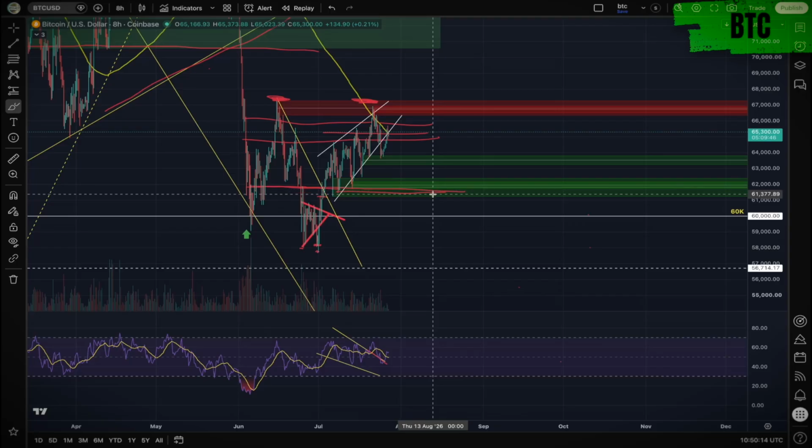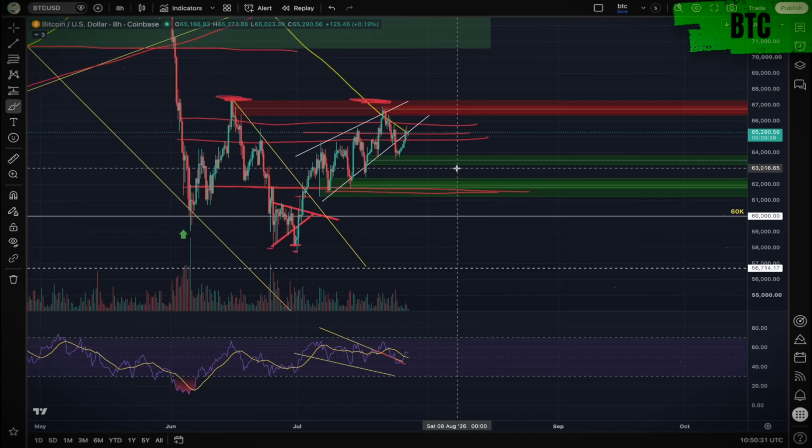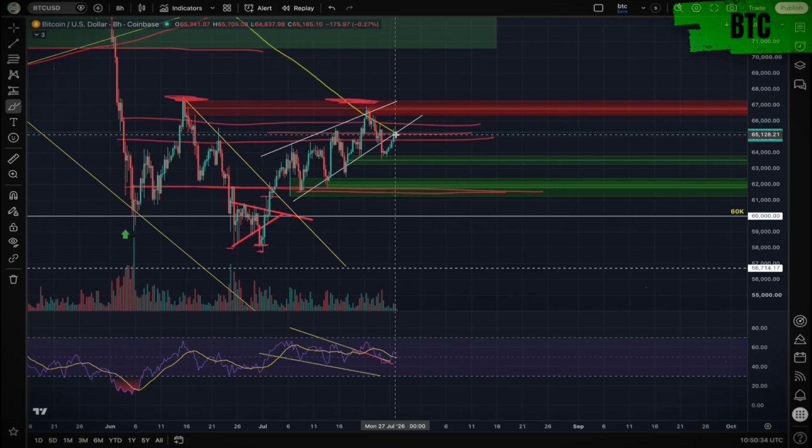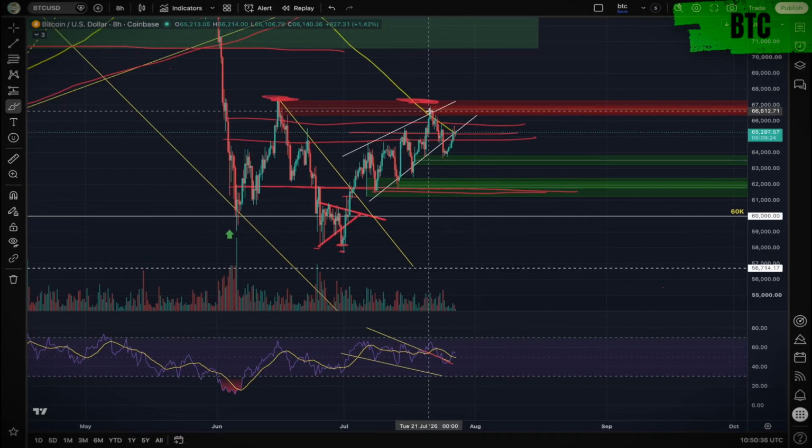And if you are looking for a long to trade this range, you need to have smaller positions, and you need to be coming in as low down in this range as possible, which is close to 61.3k. Whereas on the short side, you can have a little bit more flexibility in terms of where you're coming in. For example, right now, this bearish retest of this pattern could be a viable short trade given the fact that we've now lost this pattern and haven't managed to get above the moving average.